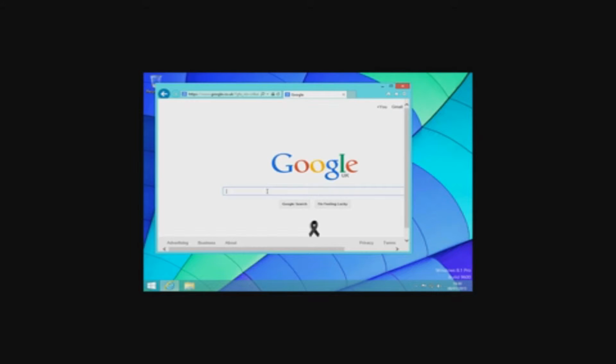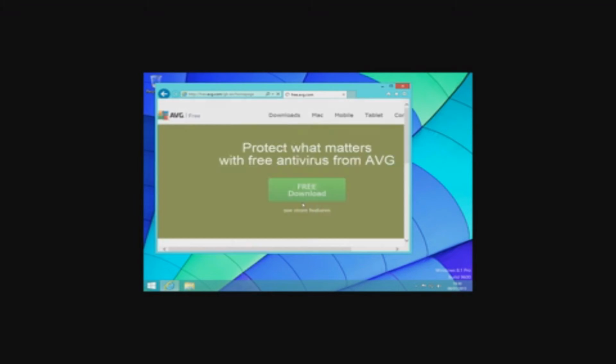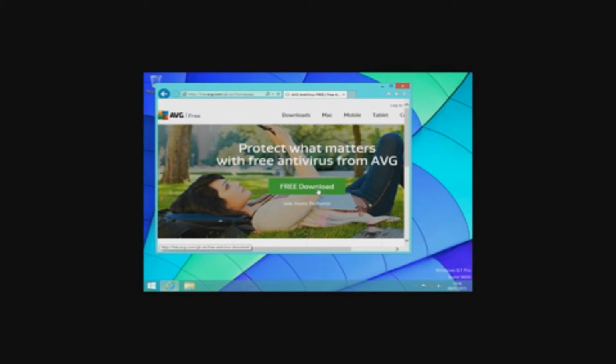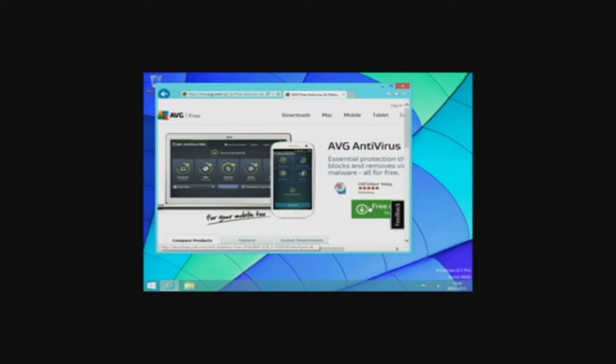In Google, type in AVG. It's a free antivirus software. There's plenty out there that you can use, but I prefer AVG, so that's what I'm going to install for today. So we're going to install, we're going to click free download here,